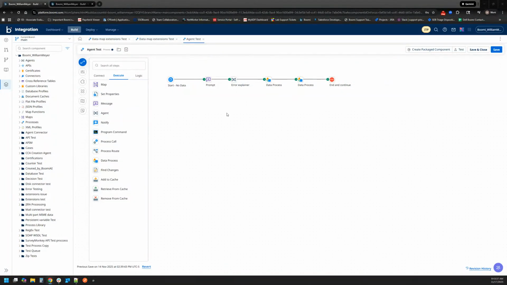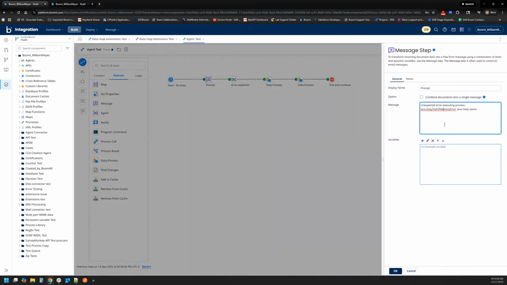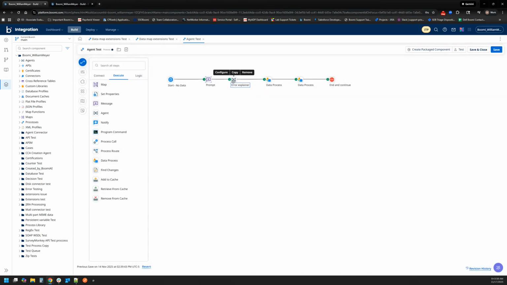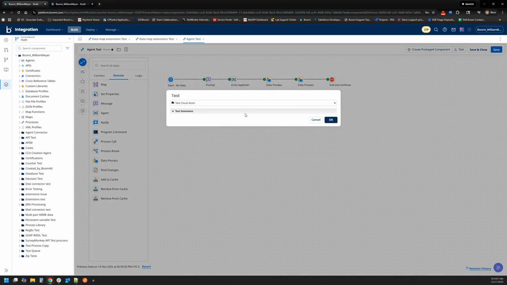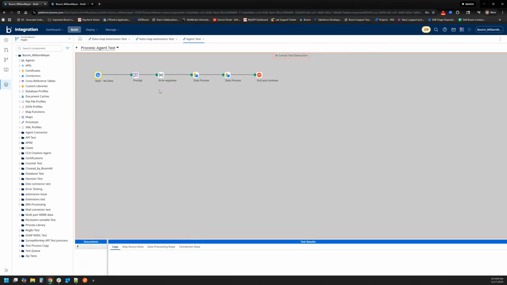Hello, in this video I'll be showing you how to make a Boomi agent that will explain error messages. So this is the basic process that we'll be constructing today. I have a prompt shape here, which is just a message shape with a fairly common error message, an out of memory error. And I'll be feeding that into an agent step that will explain that error message in more detail. So just to show you how it would work, if I go ahead and run this process,